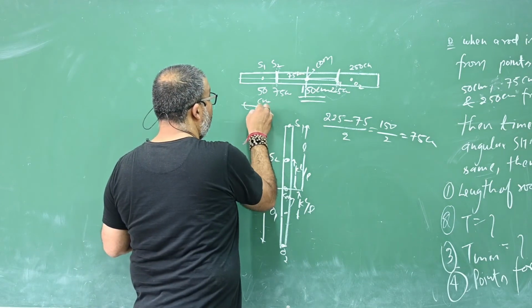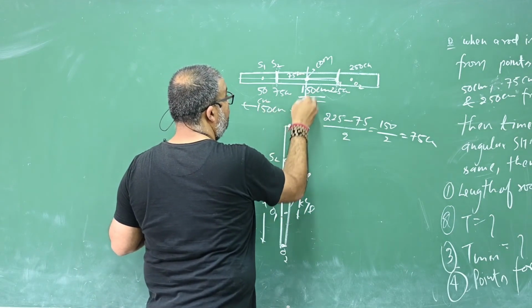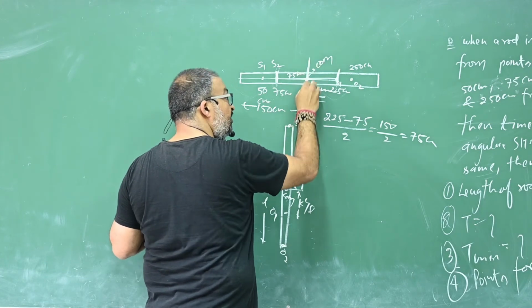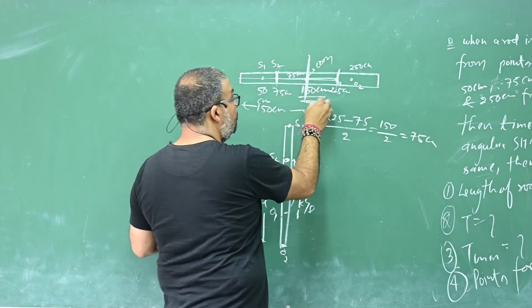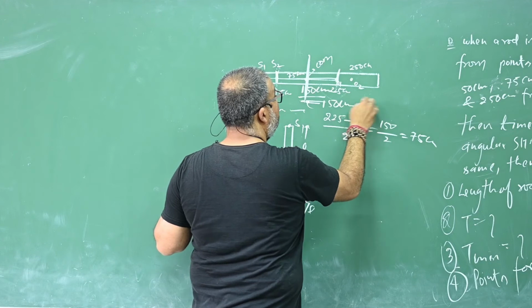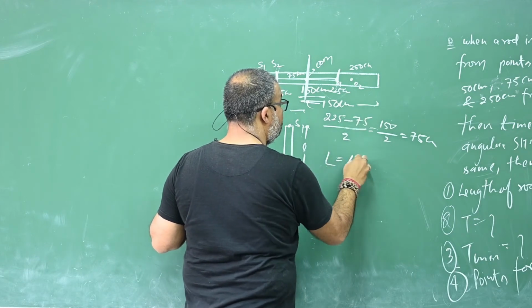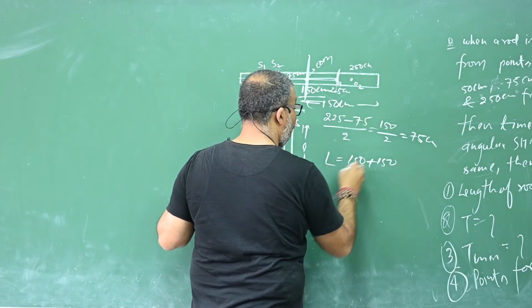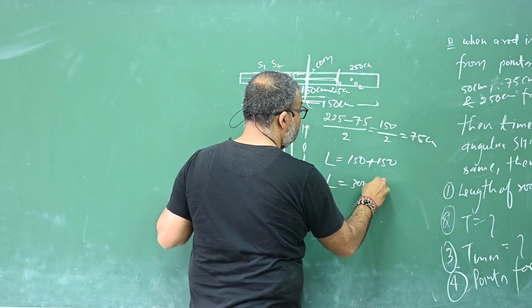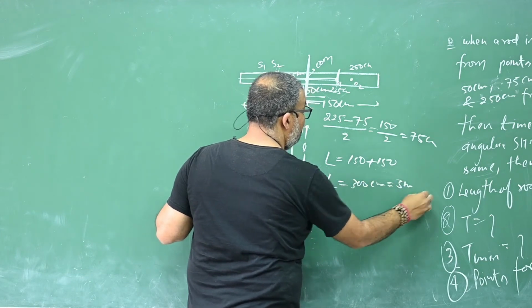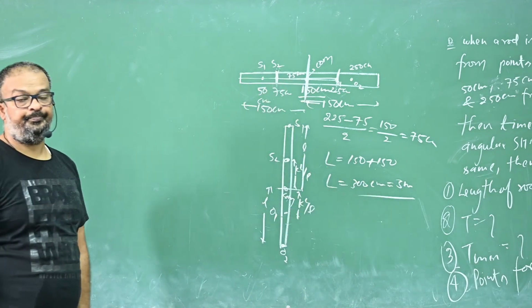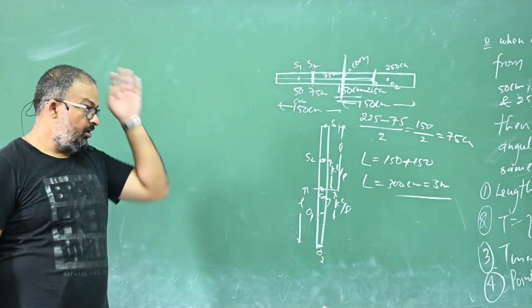And if this is 150 centimeter and this is center of mass, that is geometric center of the rod, so this is also 150 centimeter. So the length of rod is 150 plus 150, that means 300 centimeter, that means 3 meter. Length of rod is 3 meter. Got it or not? Number 1. Number 2,